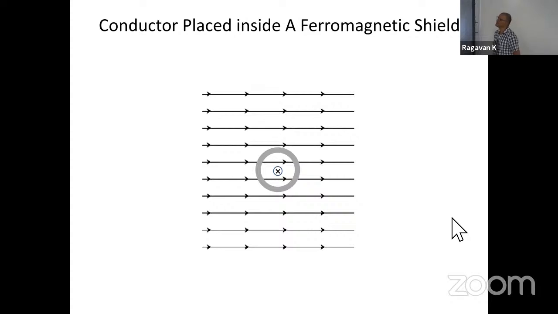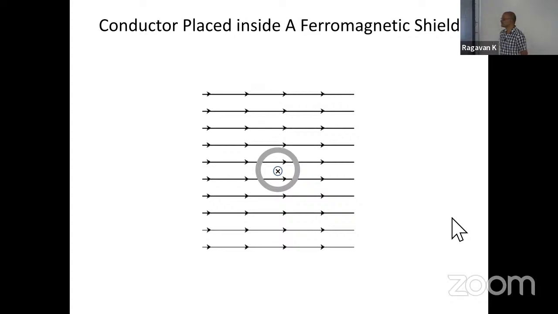So let's see from what we have learned so far. How do we say what is the force on the conductor, and if the force got transferred onto the shell, how do we justify that? Let's say there is no conductor. First, I have introduced the shell into the uniform field. So what would be the field pattern? This figure doesn't reflect that. So I'm asking, how does this uniform field get redistributed if you introduce a ferromagnetic shell, a ferromagnetic hollow cylinder?